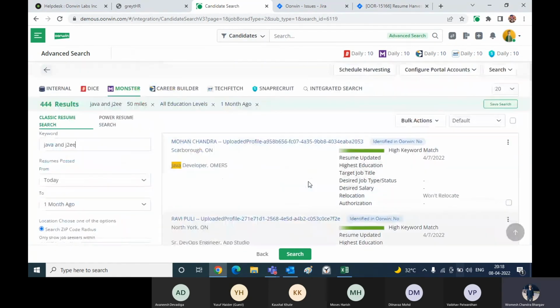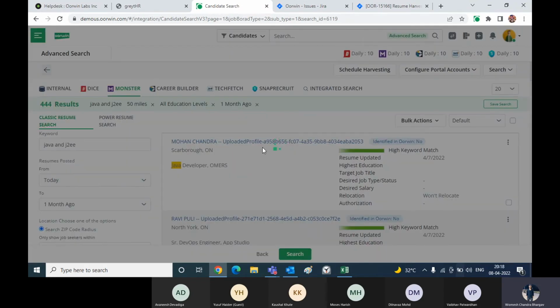Okay. So all you have to do is click on the candidate name. So this candidate will be downloaded from Monster to Urwin. Okay. So again, this is a credit-based system. Your administrator will assign you some credits depending upon the availability, and once the credits are assigned, you can download. Once you click, this candidate will be downloaded, and one credit from my Monster quota will be deducted.